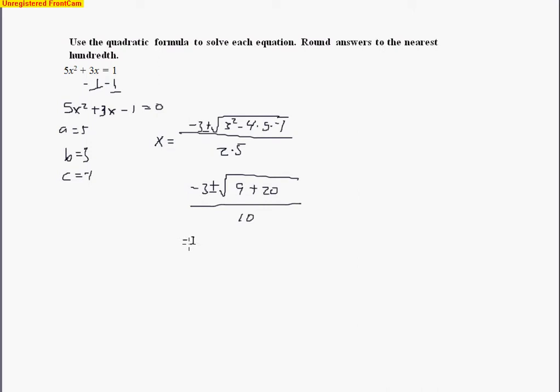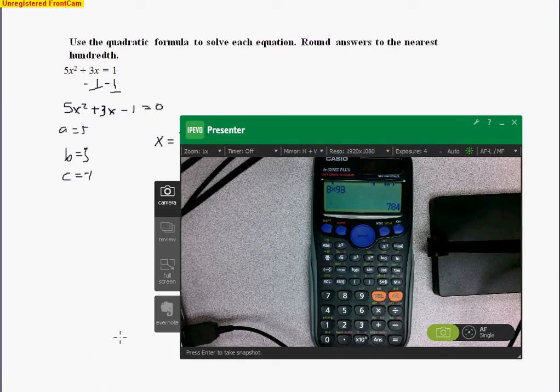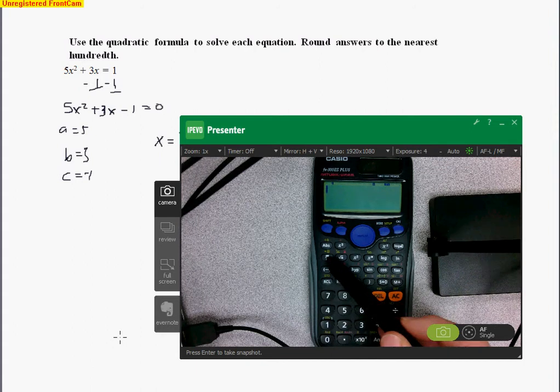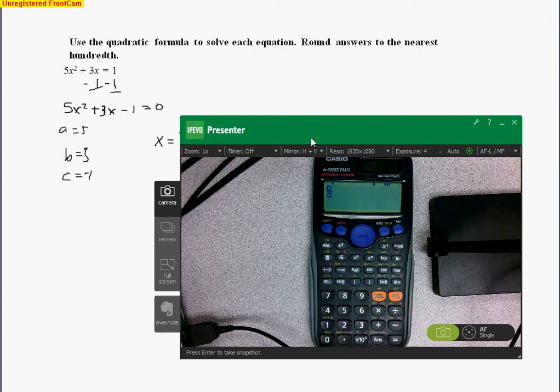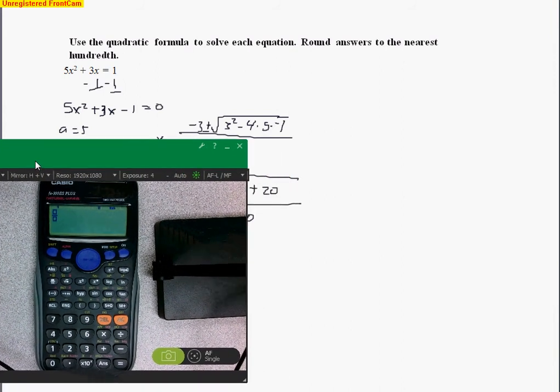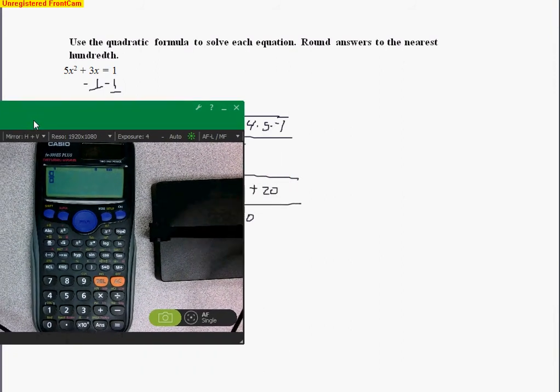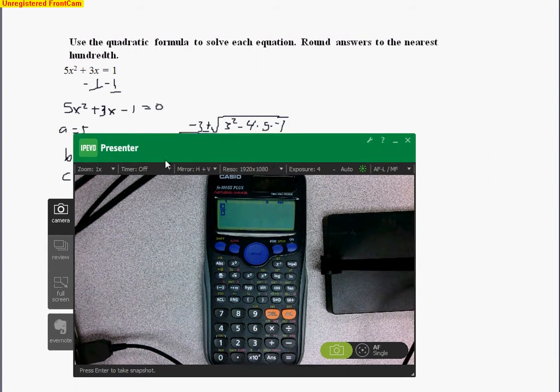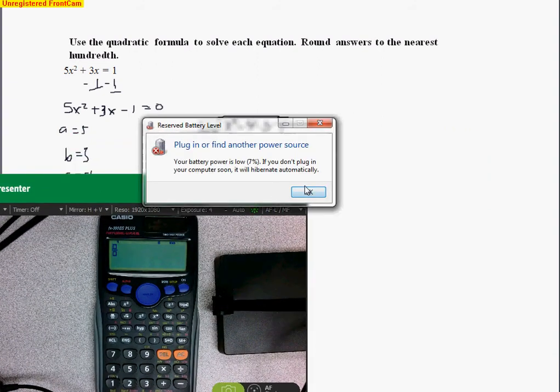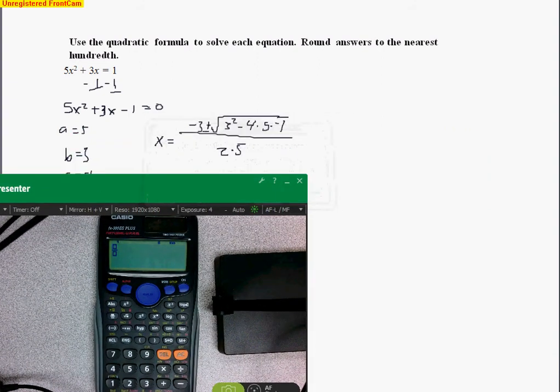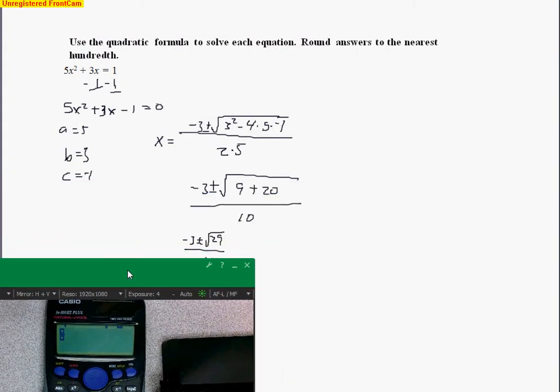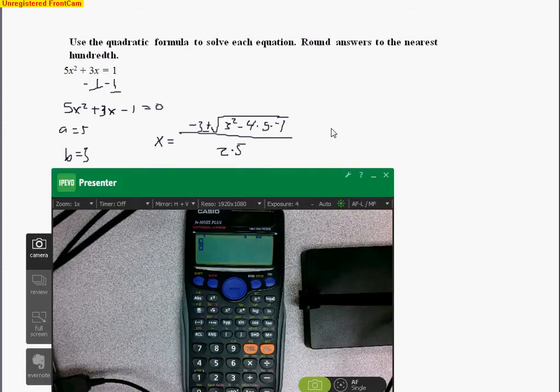So you see how I'm getting a number that's not a perfect square. So I'll need to set up this problem in a calculator. And so when I do this, typically what I'm going to do is I'm going to use the fraction button right here, press that, and then start entering in my numbers. So I'll move this off to the side here so I can see what my values are going to end up being. And I'll go ahead and plug those values in. So again, my values are, I'm going to plug into this -3 plus or minus the square root of 29